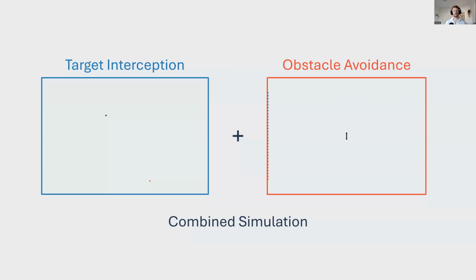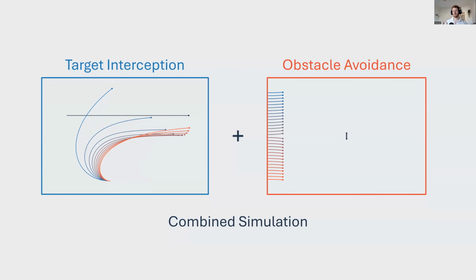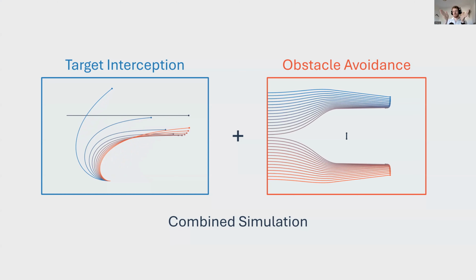The way that we approach this is to ask whether or not it was just what we call linear combination, which is just multiple systems working at the same time. So we combine our knowledge of how insects intercept targets. You've got target interception, and that's a simulation on the left of how this insect hits its targets. And we combine that with a very, very simple obstacle avoidance algorithm that simply takes that something's expanding in your field of view and that you should steer away from it based on that expansion as you get closer to something. And we just add those 2 on top of each other. And it's really as simple as that.